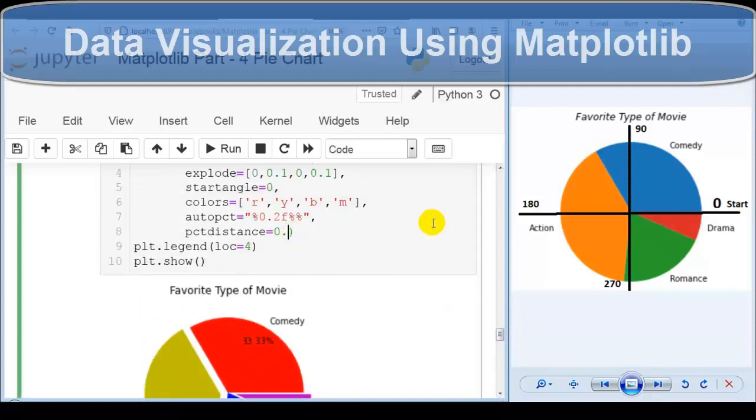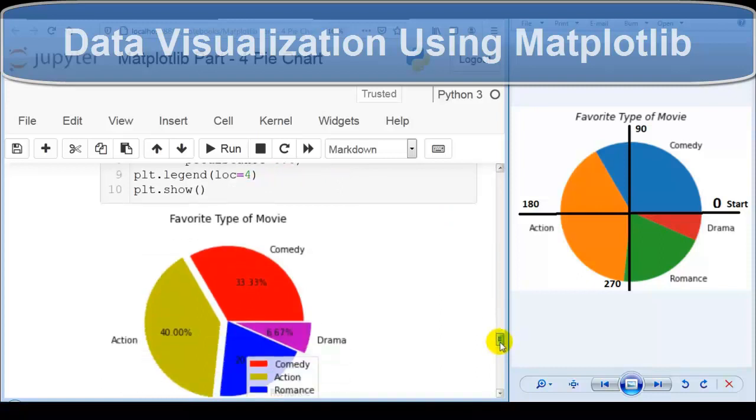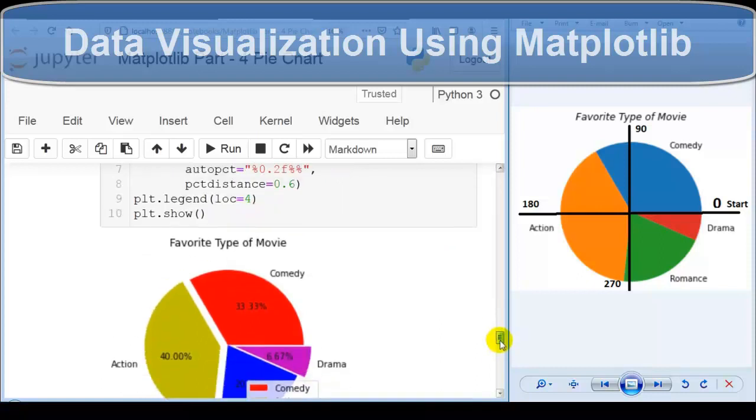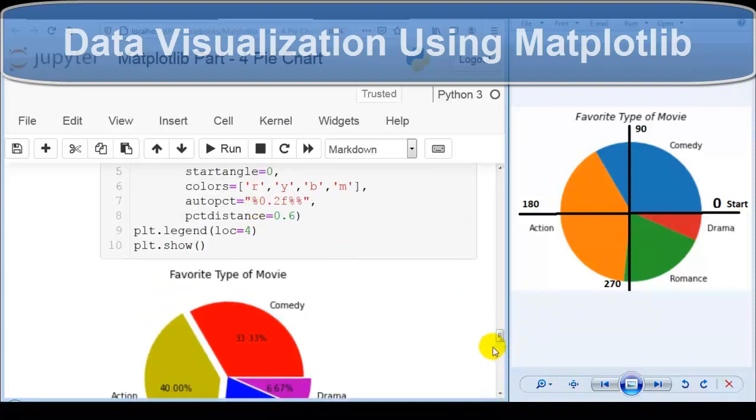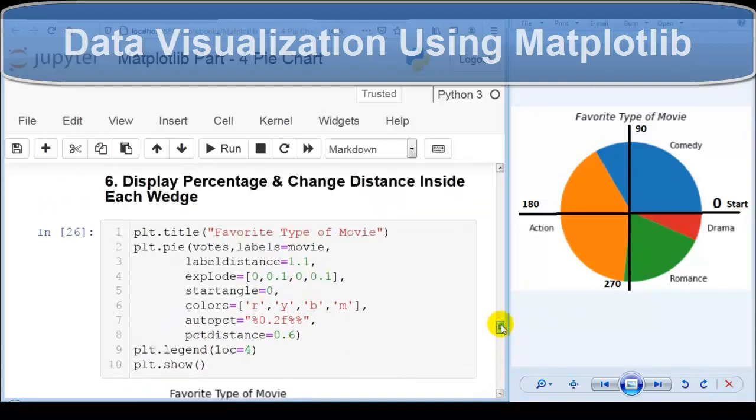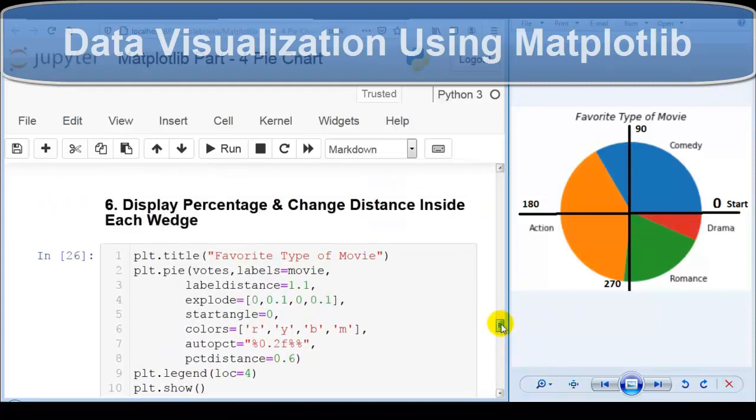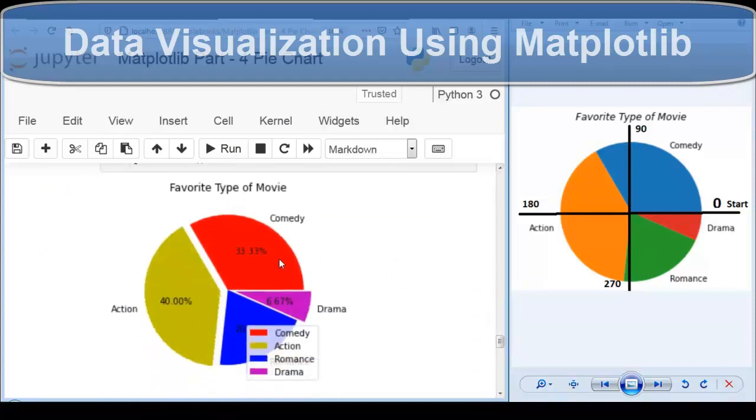Let me set it to 0.6. As you can see over here, now it looks better. But as per your requirement, you can change this percentage distance using the pctdistance parameter of this pie method. So this way we can display percentage, and this way we can change the distance inside each wedge for this percentage value that you can see over here.